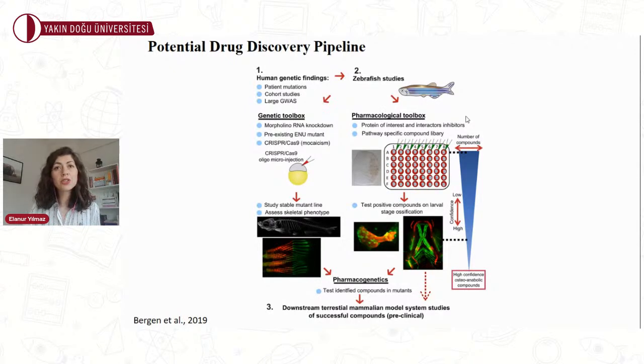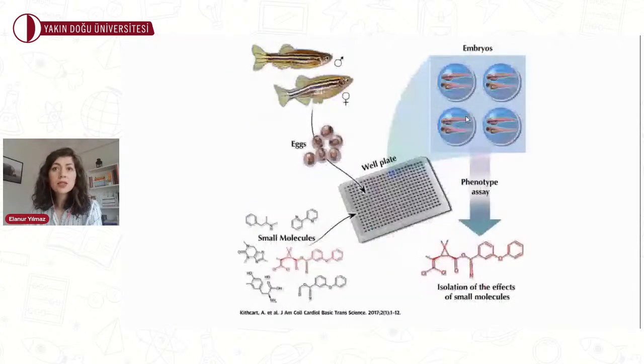And when you find an efficient drug candidate, you definitely need to test these drugs in a mammalian model system as a preclinical trial. At this stage, zebrafish let you test more drug candidates in a very limited time and in hundreds of individuals. Remember that one pair of adult zebrafish can give you hundreds of eggs per week. So it definitely shortens the time compared with mammalian drug screening. Zebrafish can also assist you in all drug discovery and development phases.